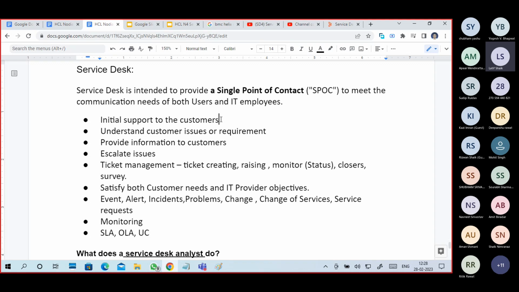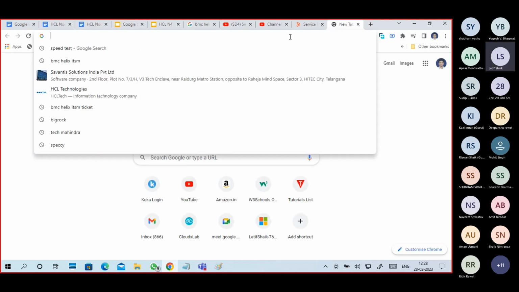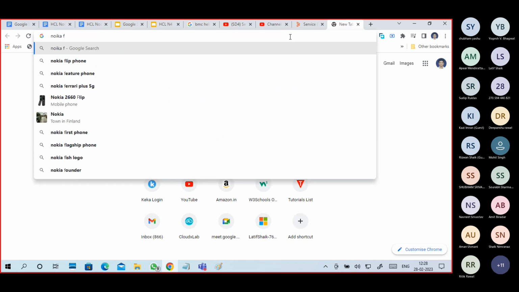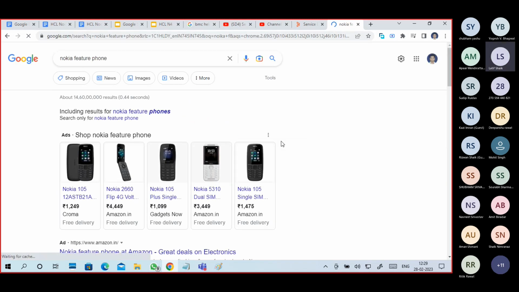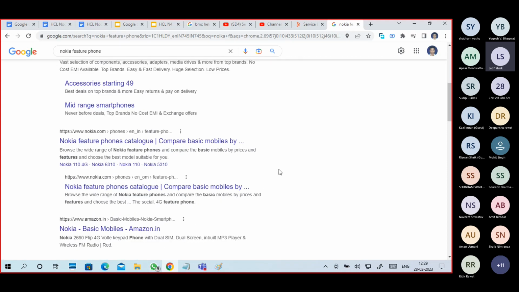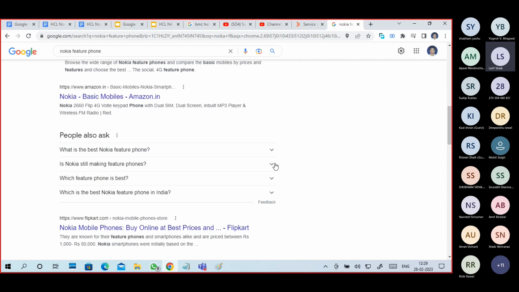Okay. So I will tell you guys a simple example. You know the old style Nokia mobile phones, Nokia feature phones. These are new mobile phones, but in the old time we had Nokia feature phones.